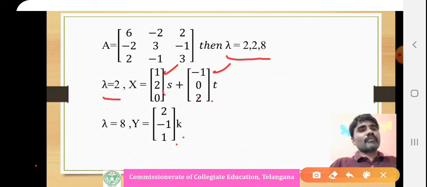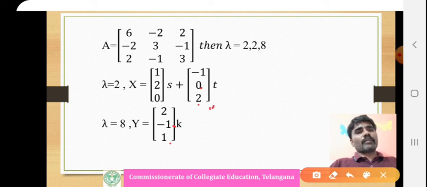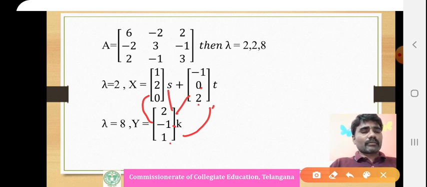These are eigenvectors for lambda equals 2 only, but check for this one and this one, or this one and this one. These are perpendicular to each other. You have to check: -1 into 2, 2, 0 into 1, 0, -2 + 2 + 0. These two are perpendicular. And coming to these two, 1 into 2, 2, -2 into -1, -2. This will be 0. These two are perpendicular, these two are perpendicular, and these two are perpendicular. That's why the eigenvectors corresponding to distinct eigenvalues are perpendicular whenever A is a symmetric matrix. This is one important property.